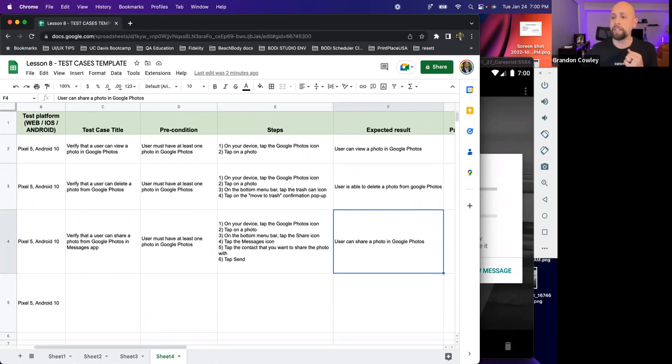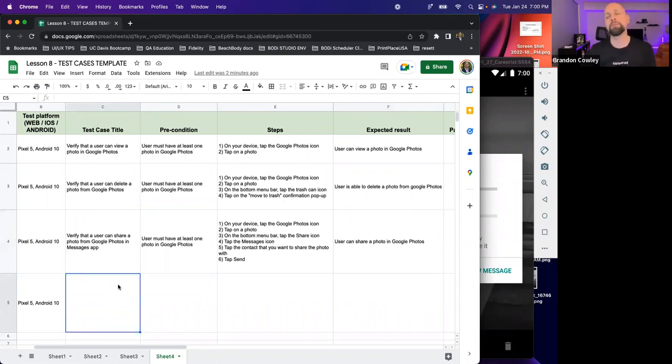Matt asks, can we see an example of a negative test? A very easy example of a negative test, well, what would you be able to do in Google Photos? Google Photos does not really have many good negative tests. A very easy negative test is someone not being able to log in to an app if they give the incorrect login information.